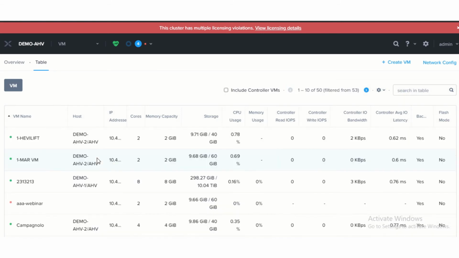You can access your control. Here you have the VM name, demo ahv2, it's a host name. IP address you can see, number of cores, memory, storage, CPU, and once you click here you can see the controller VM.